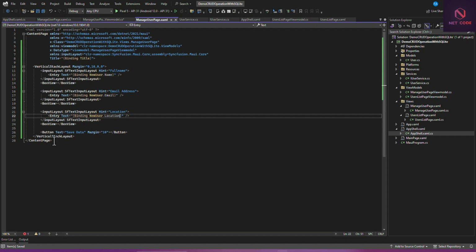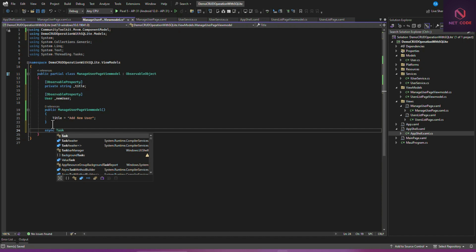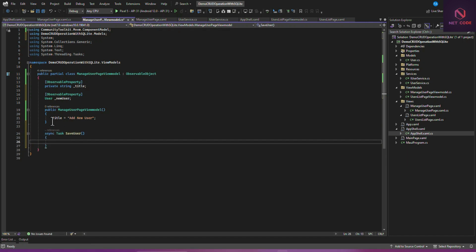Okay, so when this button is clicked, what should happen? That's the manage package here. Let's create a method, and that is async Task, and here it is SaveUser. Save user. So here we're going to check first if user value is not equal to null, because you want to do update and delete as well. Okay, so that is what you want to do here. So maybe we can talk about this save here. It is coming in with